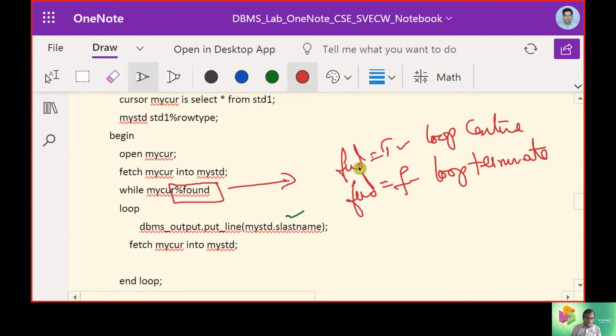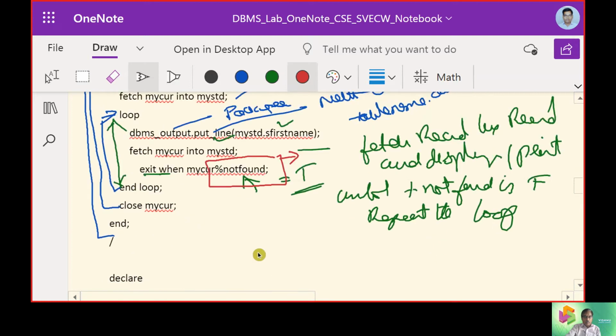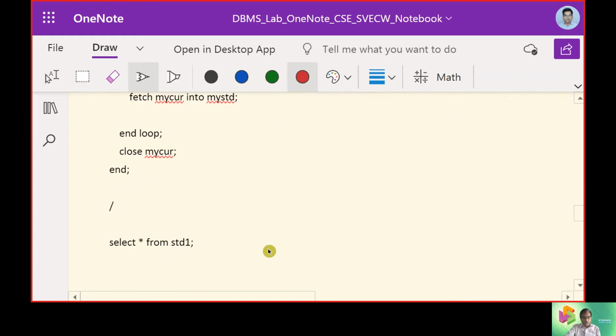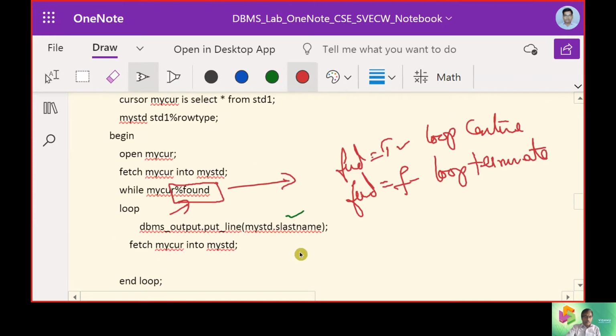That is the difference. So we demonstrate in this model, one, we are using one attribute, percentage not found. Now here we will be using percentage found. Only that change we are going to focus on, and the rest is common.